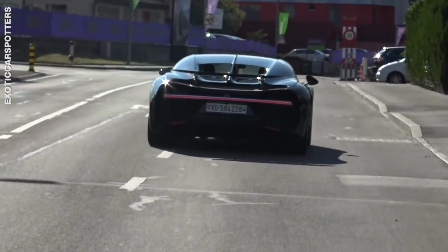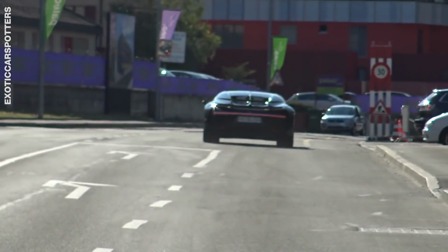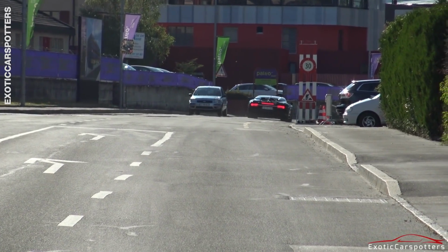Maybe with a little bit of luck, if you have like a Bugatti Chiron and just absolutely ripped it through like a school area or something, then maybe with a bit of luck, you'd be able to get away with it. But yeah, probably a terrible idea. Don't